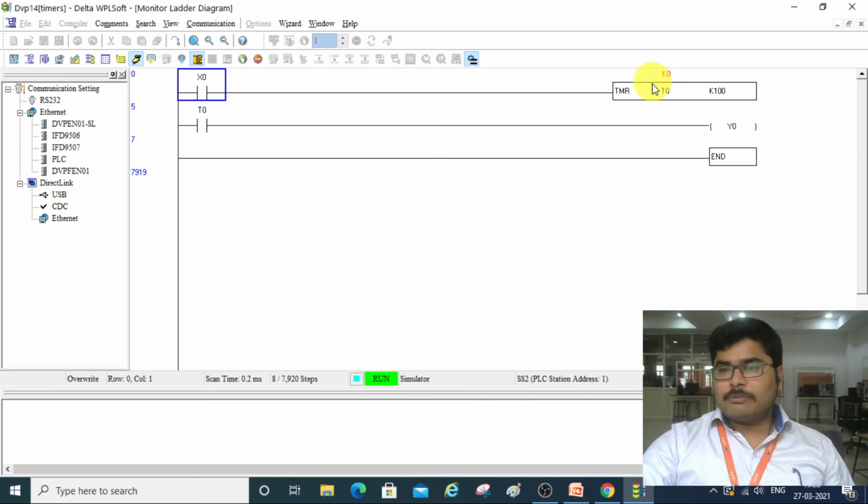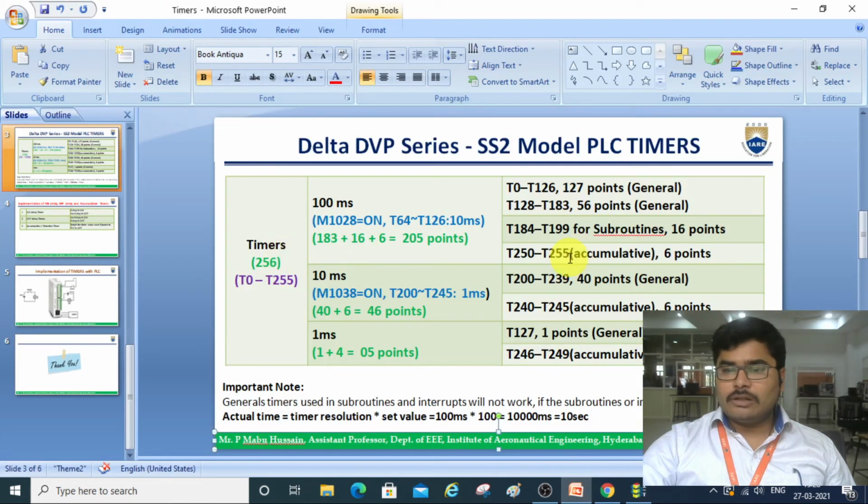So when you use general purpose timers, when the timer starts counting its value, during the period of counting, if the supply to this timer is off, then this timer will be reset back to 0. But when you use the accumulative timer, the accumulative timers are T250 to T255.